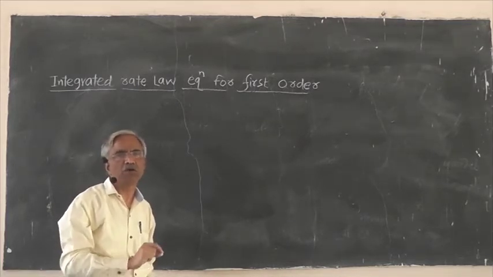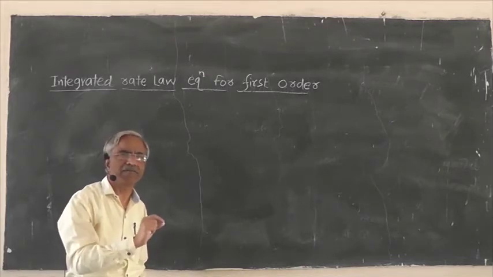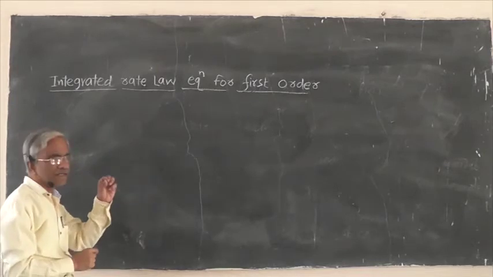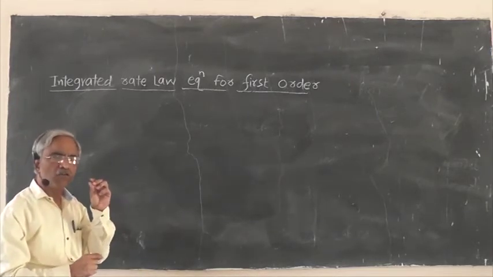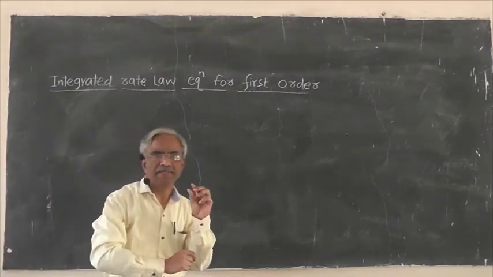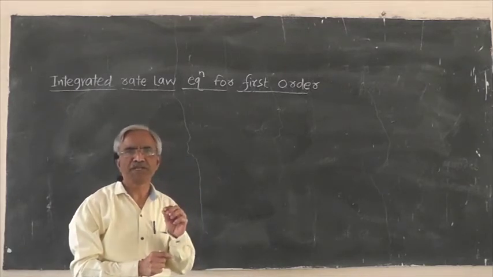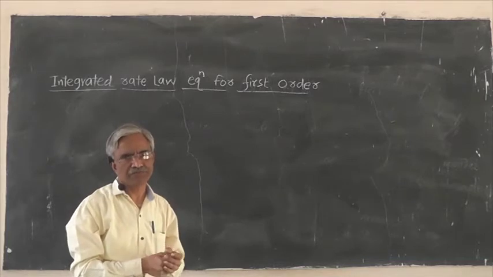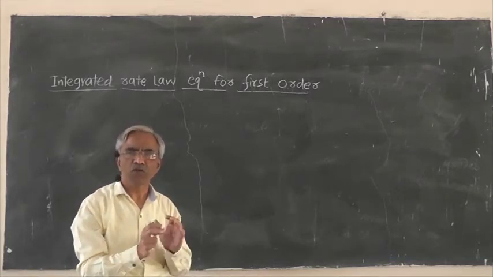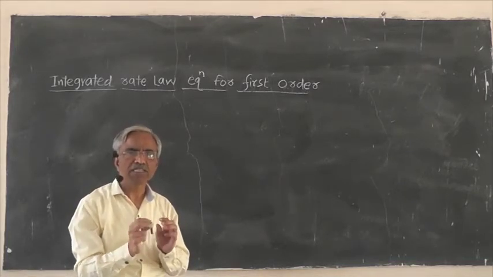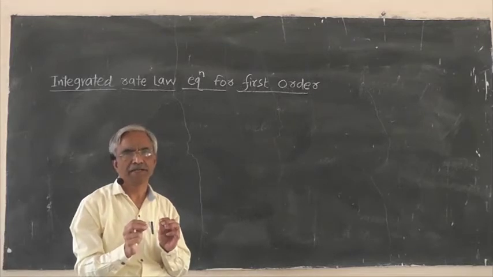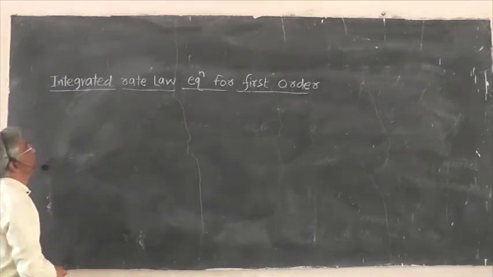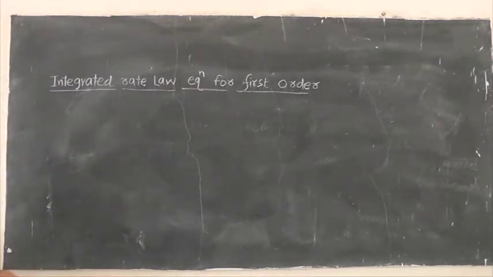Then for the first order, k equals 2.303 upon t log of V infinity divided by V infinity minus Vt. Then there is the graphical method of proving that the reaction follows the integrated rate law equation. If the value of k is found to be the same, then we will see the concept of half-life period, where we are taking the concentration samples. So let us start with the integration of the concentration along with the time equation.